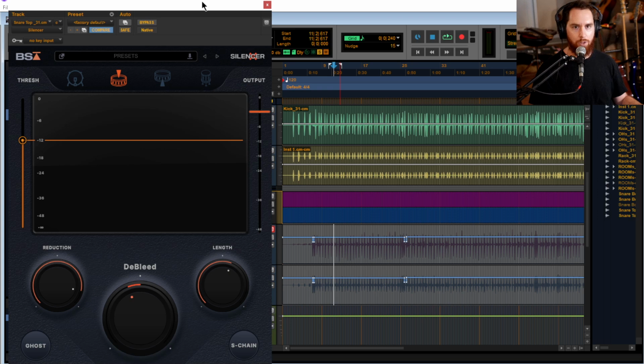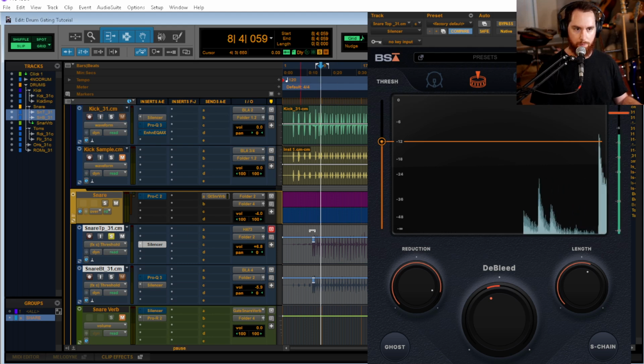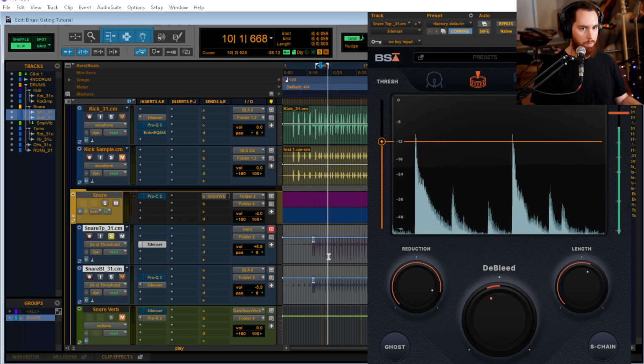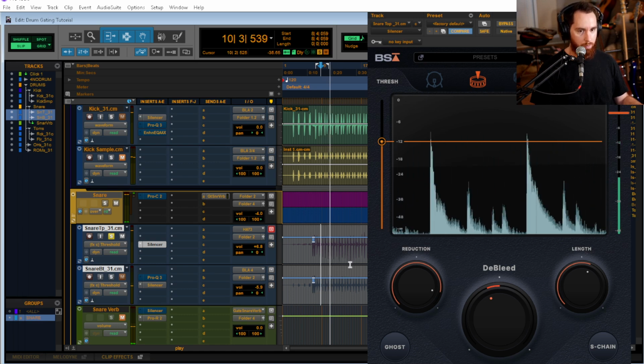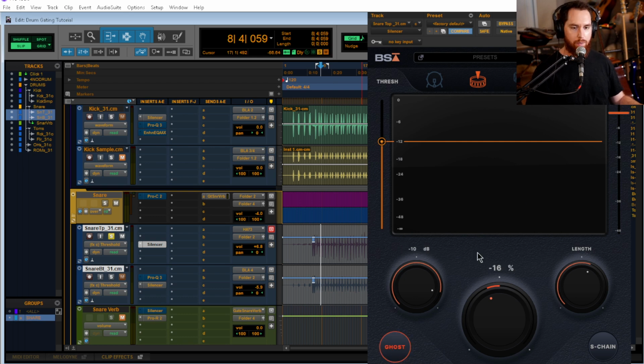Anyways, snare top, ghost notes. Let's hear the difference between having this button off and on. So off. You can hear some stuff in the background, but it's pretty muffled and it's being filtered out for the most part. So with it on,